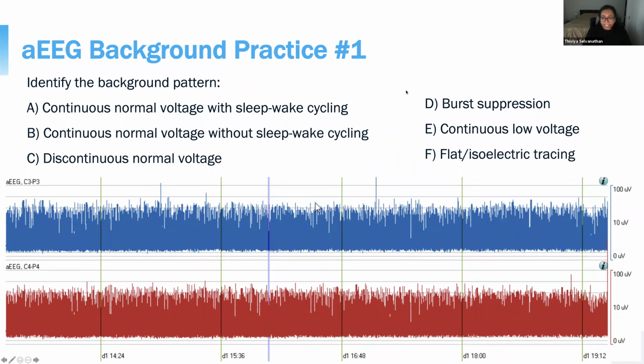I can see that the majority of people voted for continuous normal voltage without sleep-wake cycling, which is the correct answer in this case. And the reason that is,